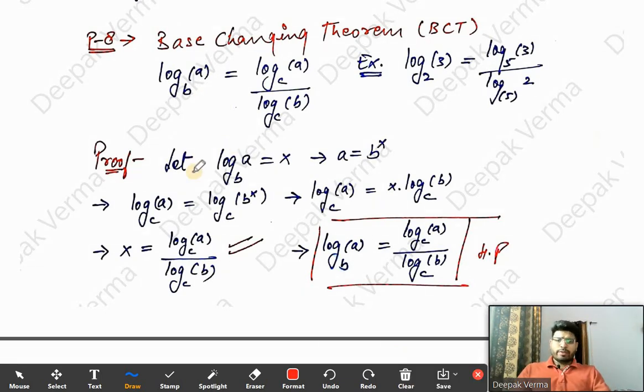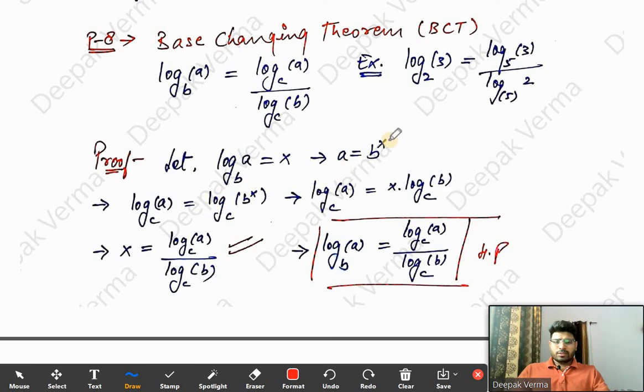We can also prove it. If you want me to prove it, I can show it to you. Let's suppose for the time being, log a base b equals x. Then from log form we can go to exponential form. If we convert this into exponential form, it is written like base to the power right hand side equals argument. Remember this. So the base is b, right hand side is x, that is b to the power x equals argument. Argument is a here. Is it clear?